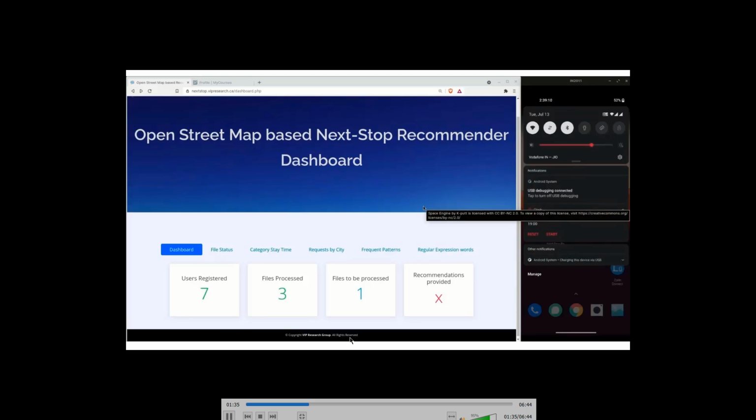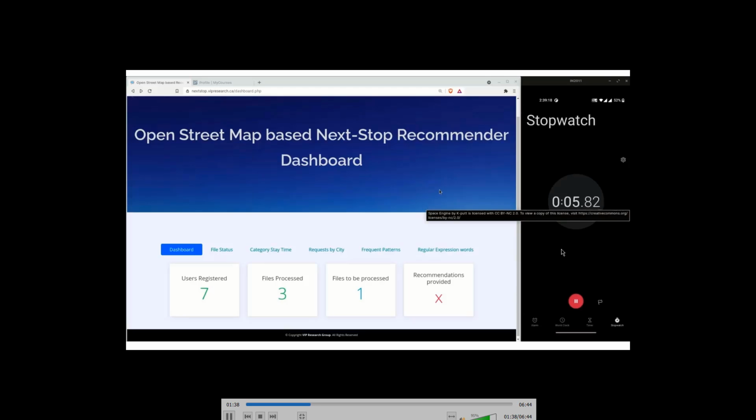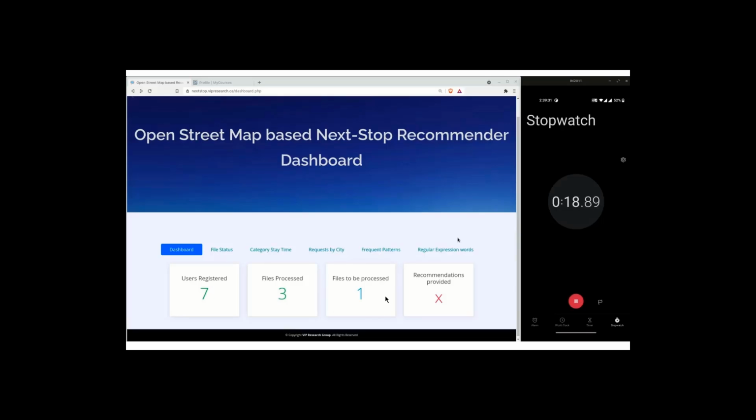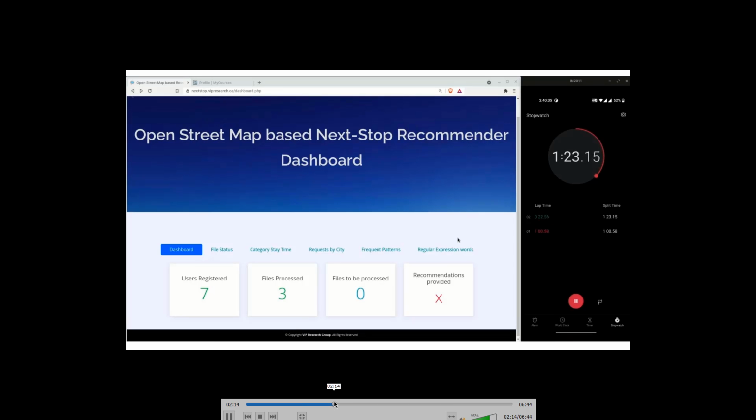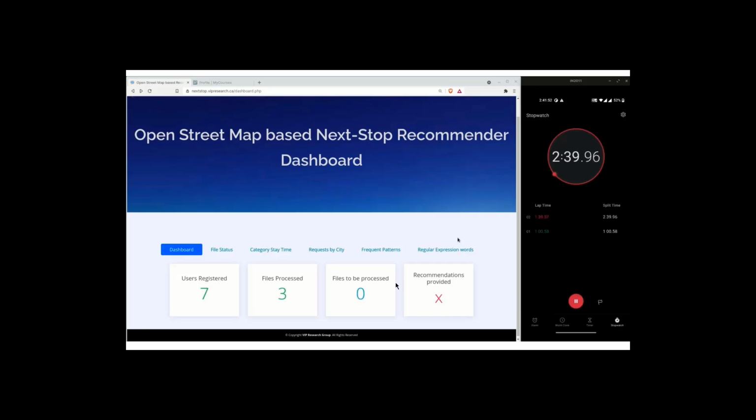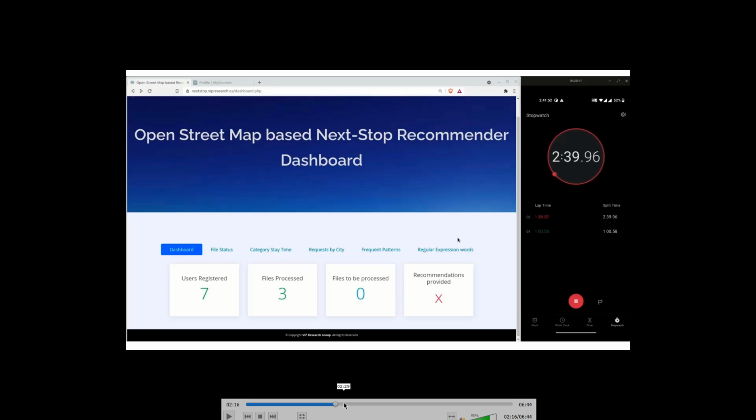So now I've set it to run in the background and I've started the stopwatch here. Now, if you see here, there's a file to be processed. That file is the OSM request which is sent by the phone. And if you go in some time, you see that the file to be processed becomes 0, because the OSM is downloaded and it's ready to be converted to an SQL file. So that's the reason why the file to be processed became 0. And if you keep watching it around the clock,